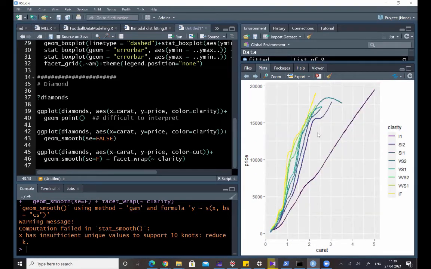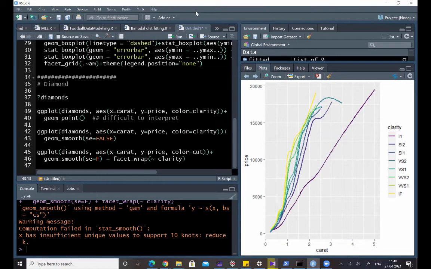This is much easier to interpret. The first one is the first plot, and then you did a smooth with se equal to false, which means standard error equal to false. So it will just plot smooth lines based on color. So you put color equal to clarity.